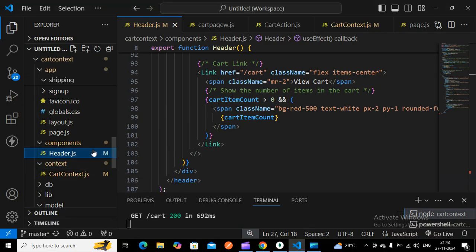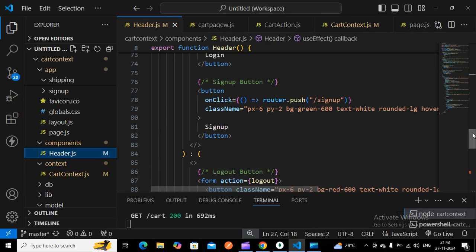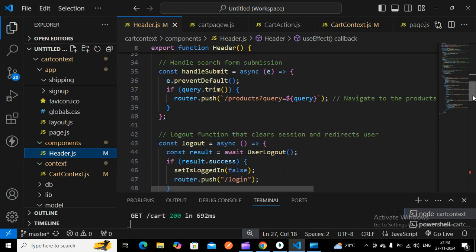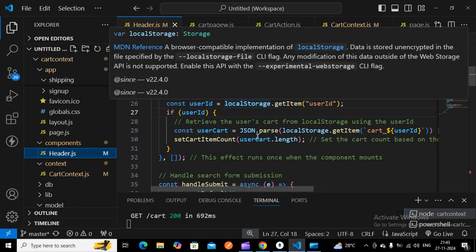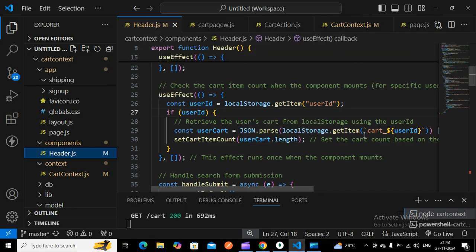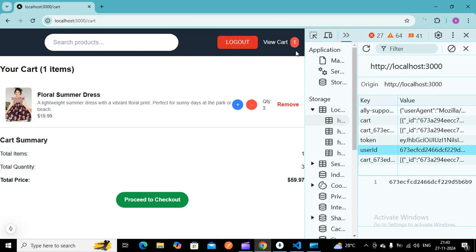So in header.js, you have to give the same getItem function. Using useEffect, you will be getting that specific user id and storing it here, getting it from the local storage. In getItem, we get the cart with the specific user id, so that you will be getting the length of that specific user cart, which is the user cart count.